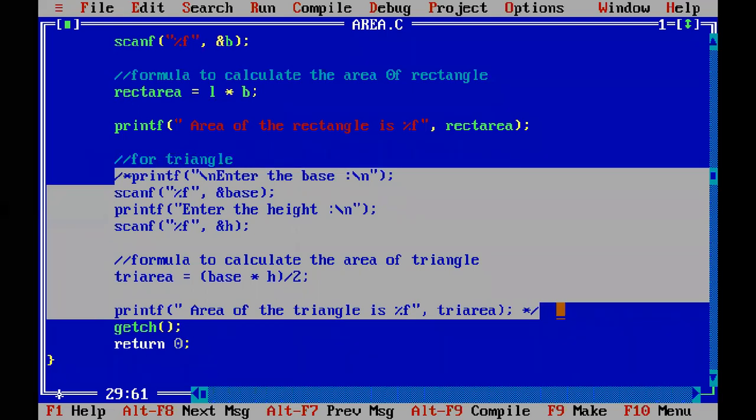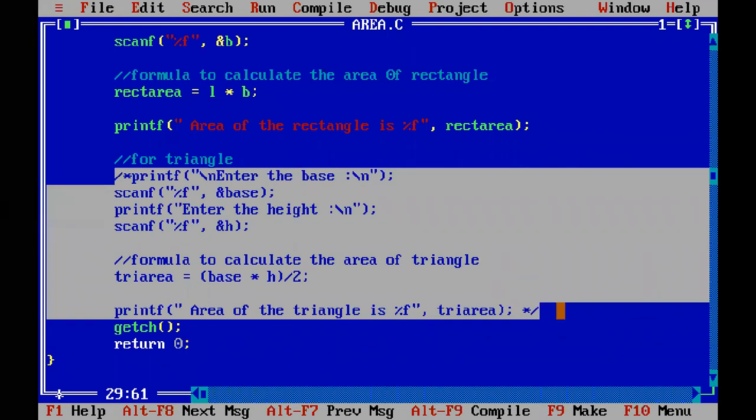Because see, your program is small, this is a very small program, but it might happen that your program consists of say hundreds and thousands of instructions. Now suppose there are many errors in your program, because it will be a big program, it is likely that there will be very many errors. Now to check where the error is, if altogether you got 20 errors, is it possible to go through all the instructions one by one and correct the errors? No. Then what you can do is put the different parts of the program in comment, and then concentrate on one small section and try to solve the error in that part first.